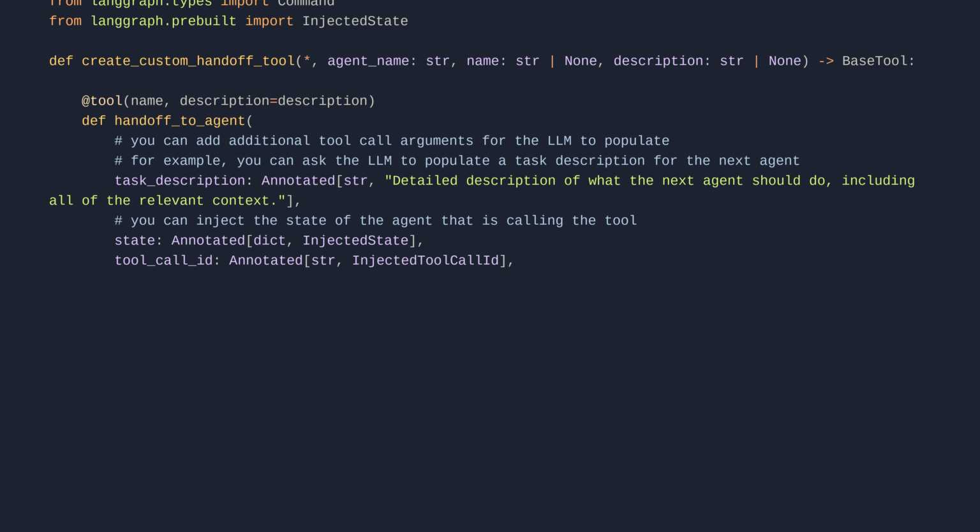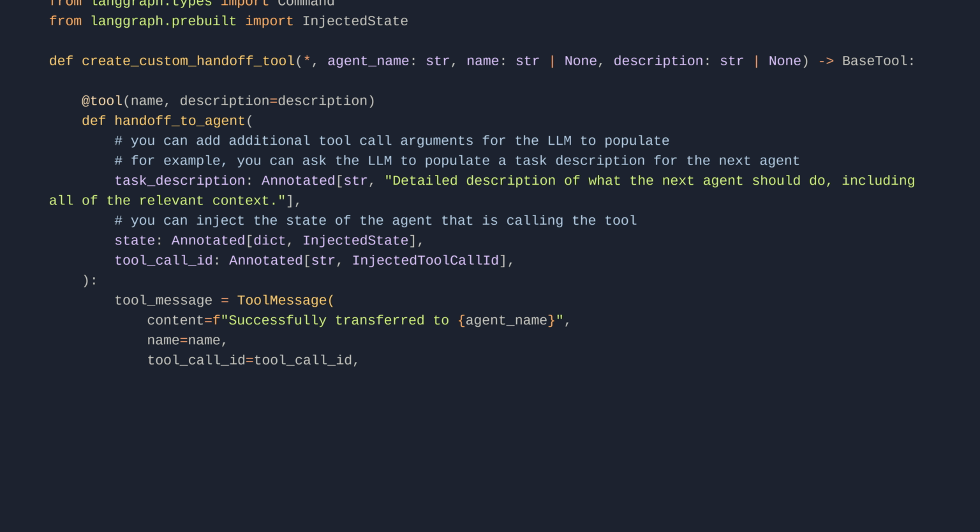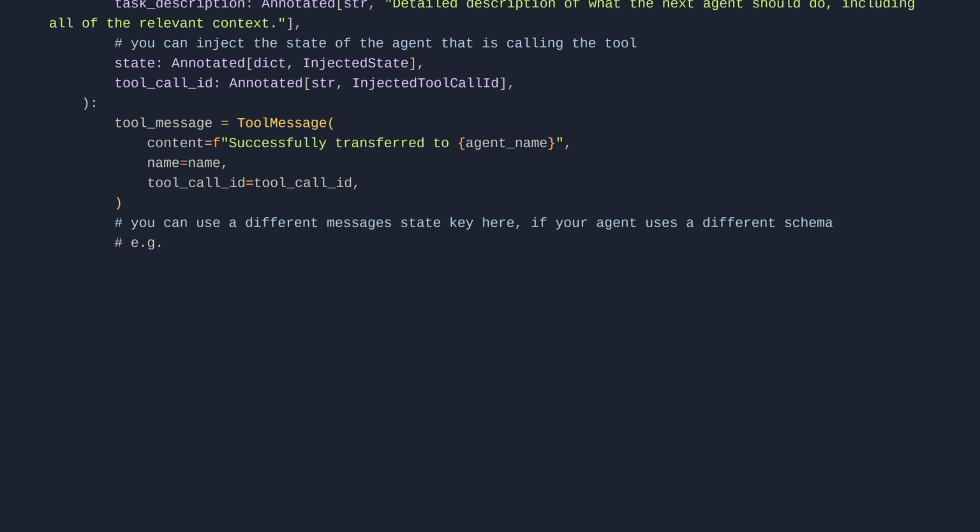): tool_message = ToolMessage( content=f"Successfully transferred to {agent_name}", name=name, tool_call_id=tool_call_id, ) # You can use a different messages state key here if your agent uses a different schema, e.g., "alice_messages" instead of "messages". messages = state["messages"] return Command( goto=agent_name, graph=Command.PARENT,